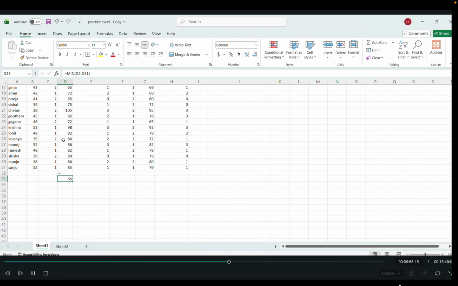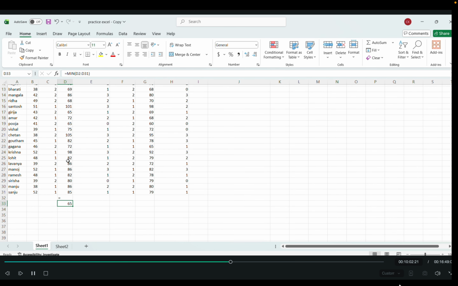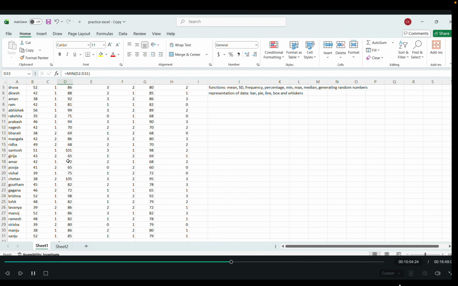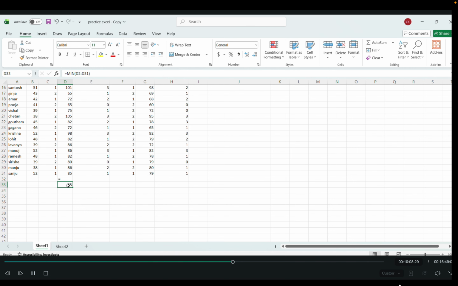And it gave me minimum of 65. So this is only 30, so I can directly see the 65 is the minimum. If the data is in thousands or hundreds, we can't see. So this function helps to know what is the minimum weight in the pre-intervention group.